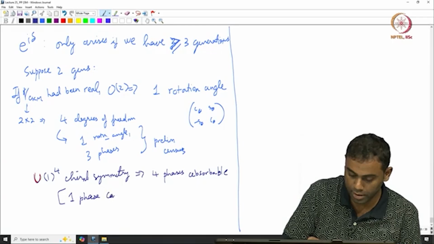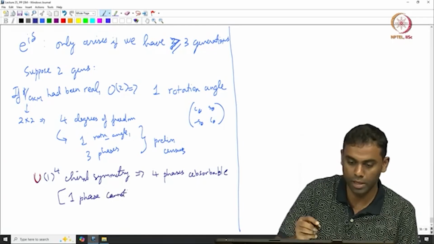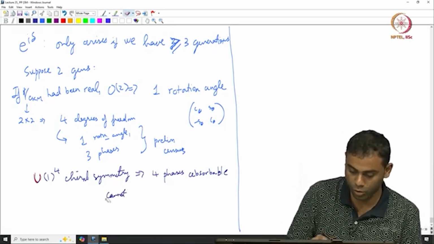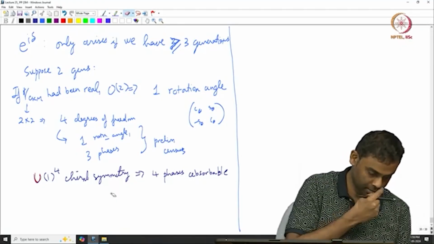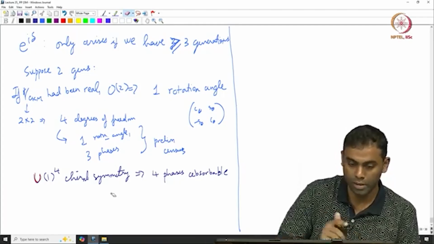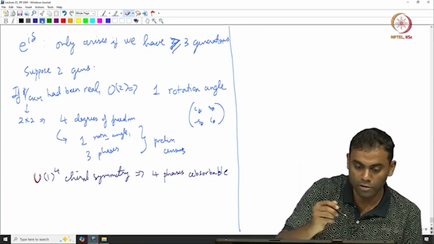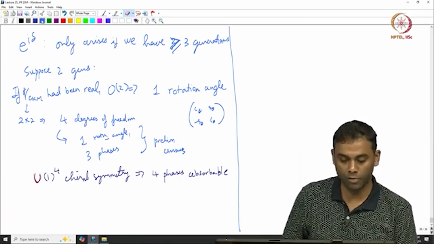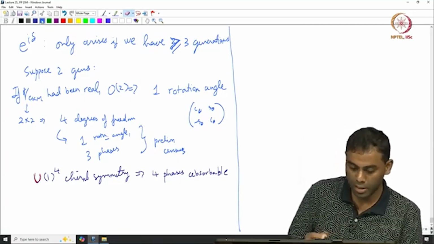One phase cannot be... let me not write it that way actually. So there are 4 phases that can be absorbed. That now gives me a lot more freedom to absorb the phases, right? It tells me that